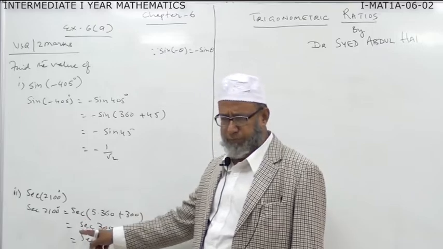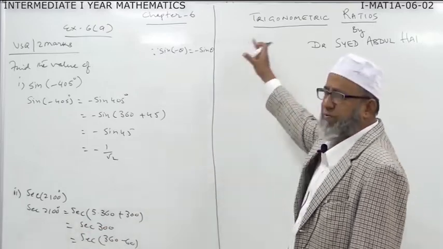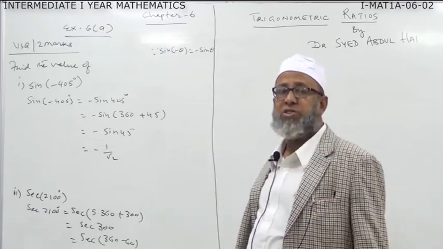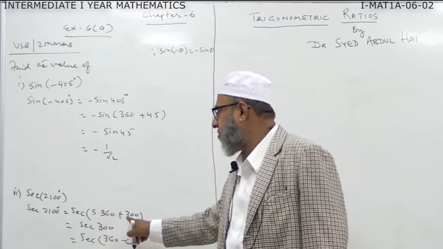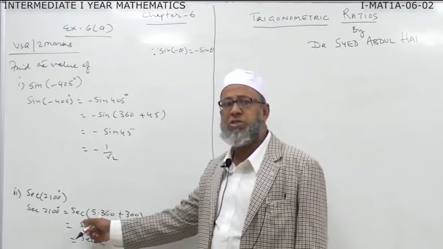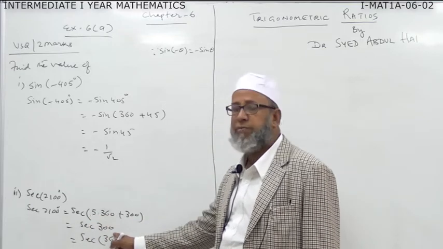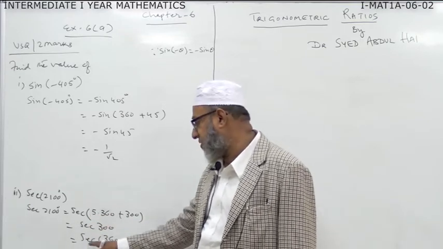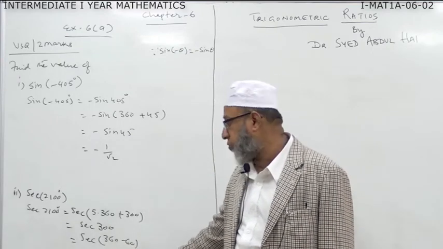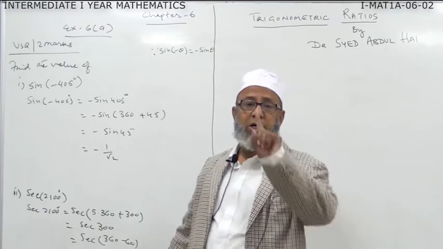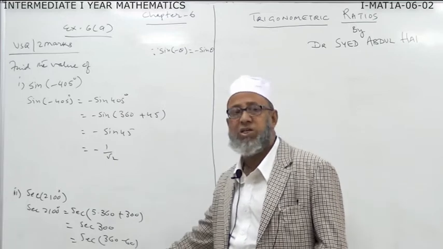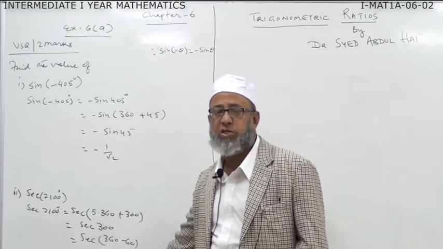Is it clear? Now, as I told you, you complete 1 rotation, 2 rotations, 3 rotations, n rotations. The form n into 360 plus theta is considered as 360 plus theta only. So, sec 360 plus theta is sec theta. That is 300. This is our theta. 300 can be written as 360 minus 60. Again, 360 minus theta. Which quadrant? Fourth quadrant. In the fourth quadrant, all silver tea cups, cos is positive, therefore sec is also positive. Sec 360 minus theta is sec theta, that is sec 60. Sec 60 is equal to 2.